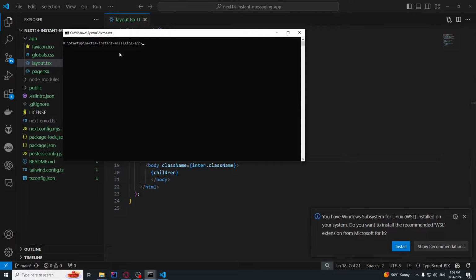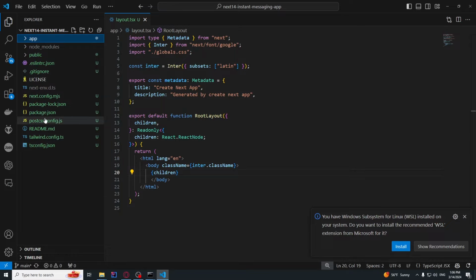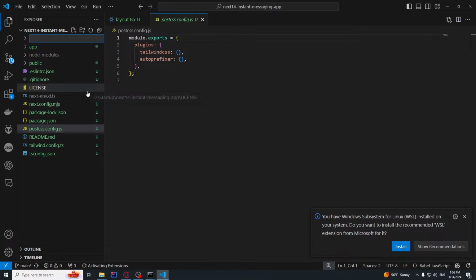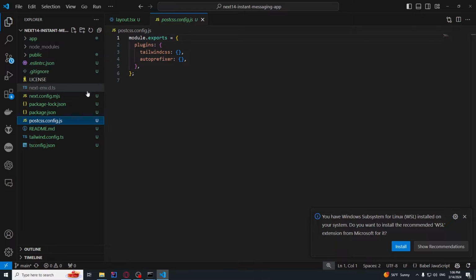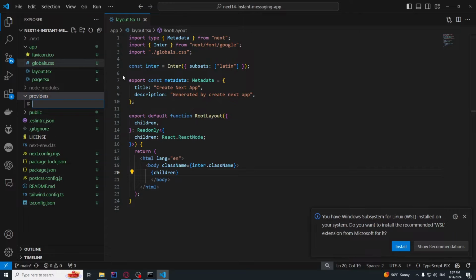We can actually make a new terminal at the same place and just run npm run dev to run this app. While this is running, let's code the client provider and database provider for our app. So let's go outside of the app folder, click on any outer folder, and make a new folder, providers, and that's going to be it. And inside of that new folder, providers, create a new file,